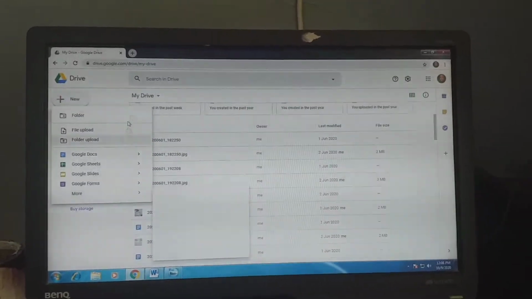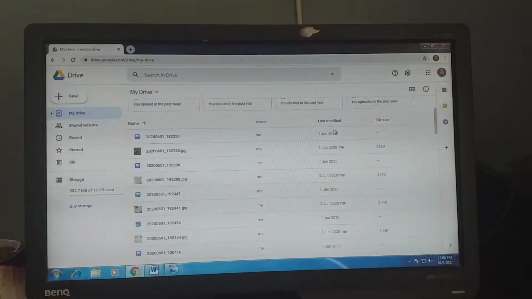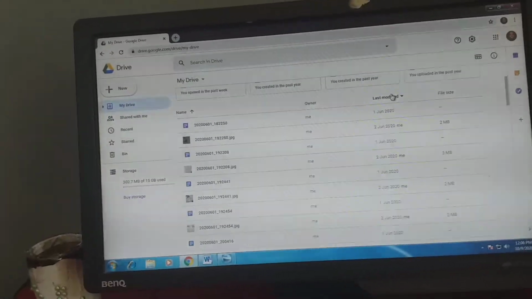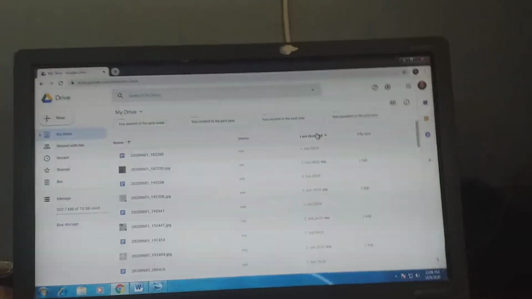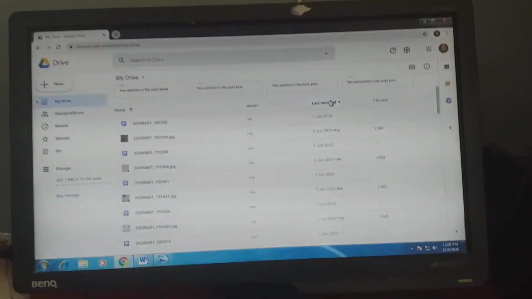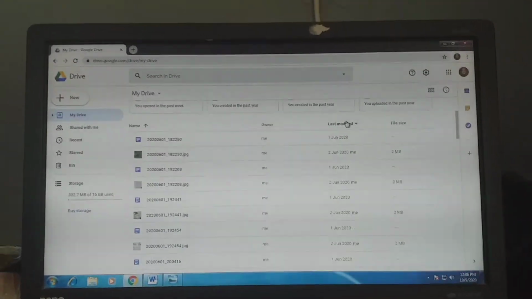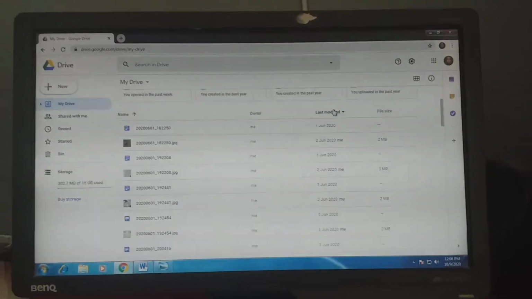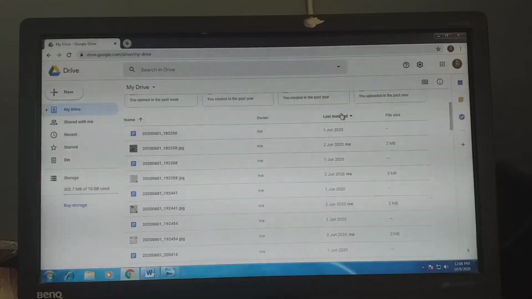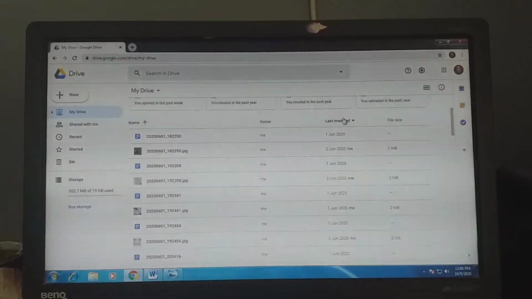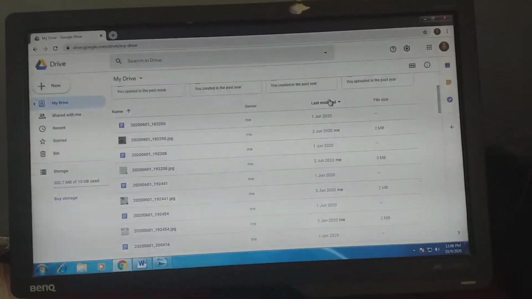Okay students, so the difference between Google Documents and Google Drive: if we want to share any document, then we use Google Docs. If we want to share any file or folder, maybe related to images, video or audio, we can save or share it in Google Drive.